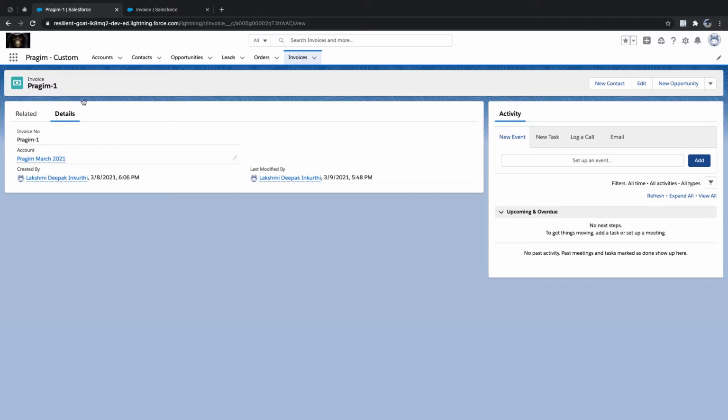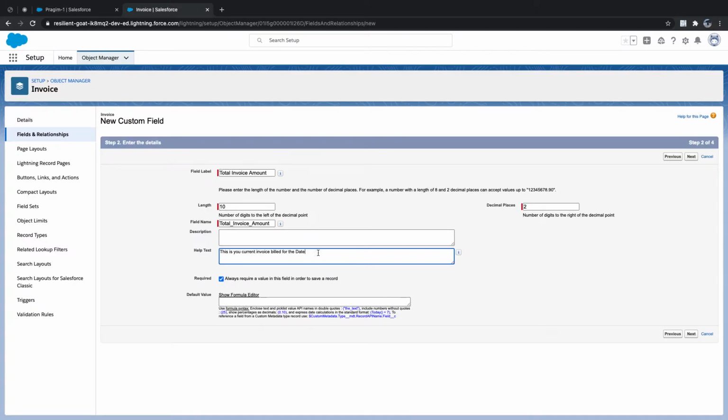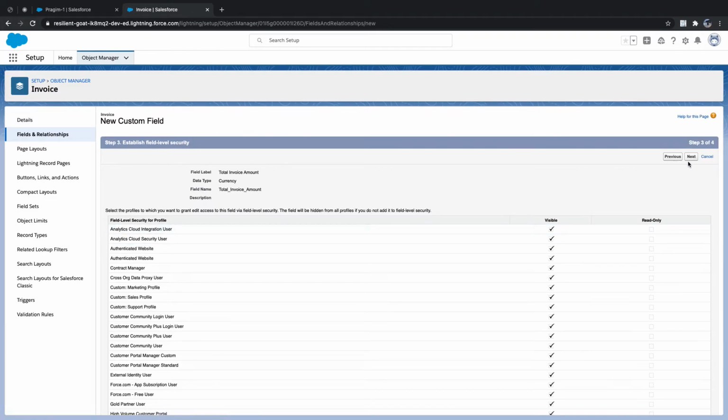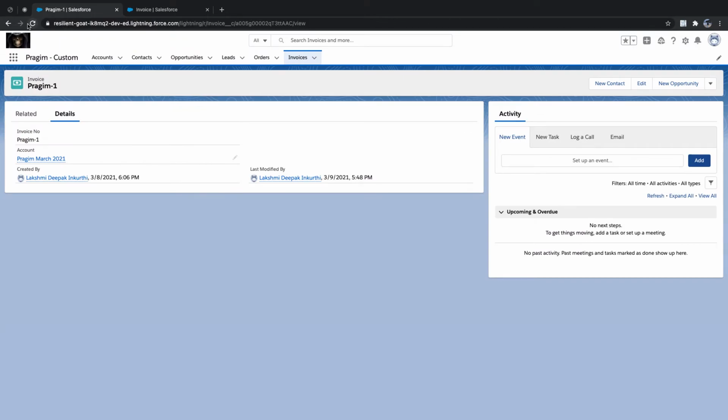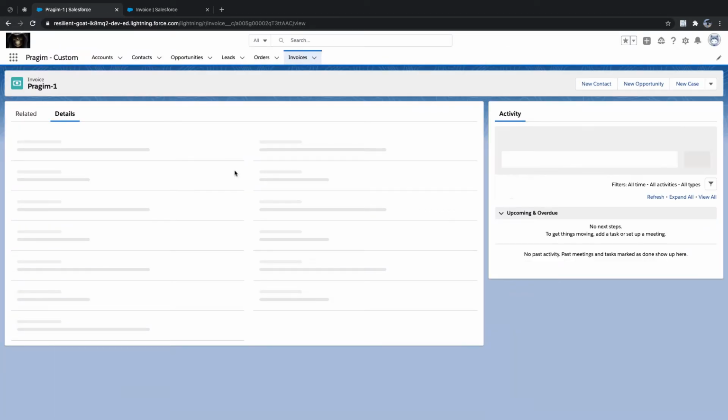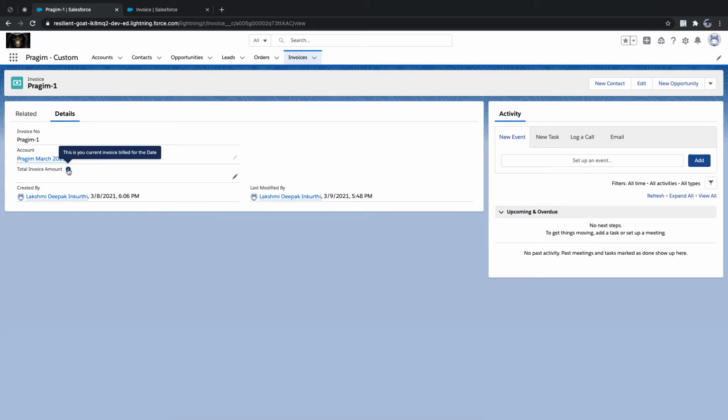On hovering over this, he will get to know this text. This is like a tooltip. I'll say next, save, refresh it. Now you can see the tooltip. This is your current invoice billed for the due date. This is what I mentioned.